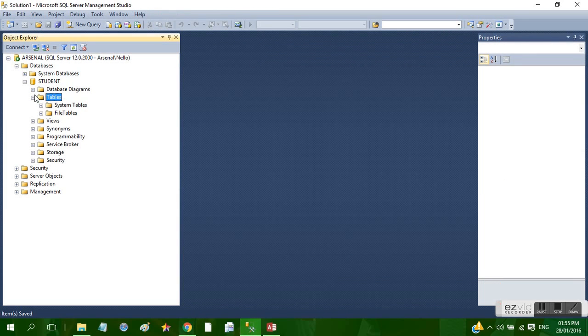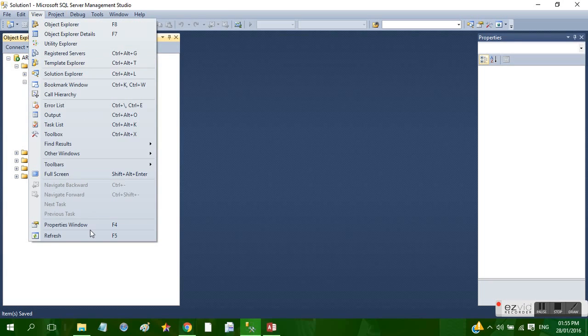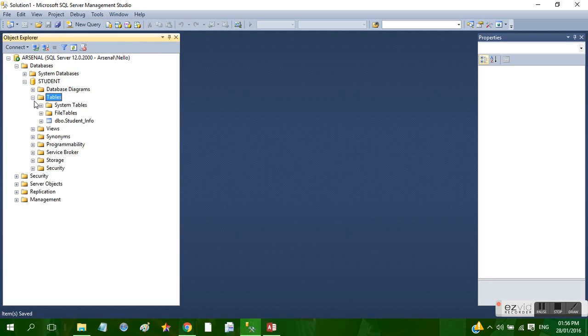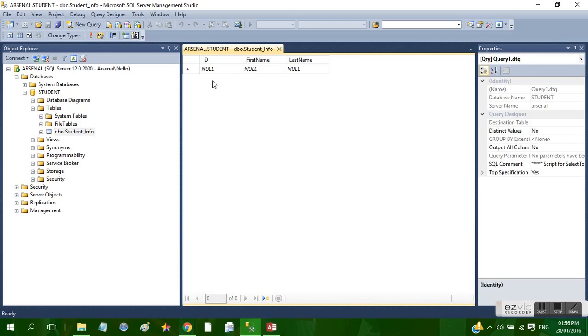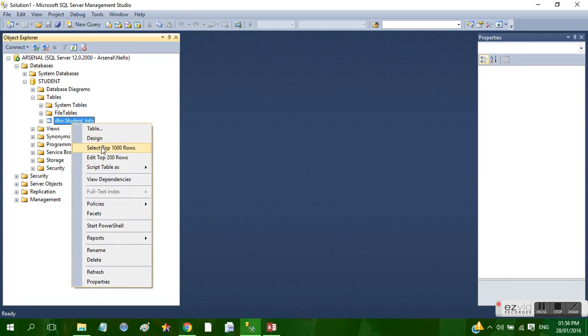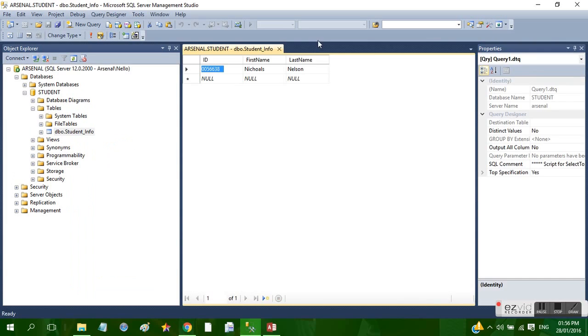So next I'm just gonna add some data to the table initially. So we're gonna right click. First I'm gonna refresh. I'm gonna right click and select the first 200 rows, and next I'm just gonna add some data. I'm just gonna add an ID number, first name, and a last name. Next, I'll save that information, ensure that it's still there, and from there on we're going to